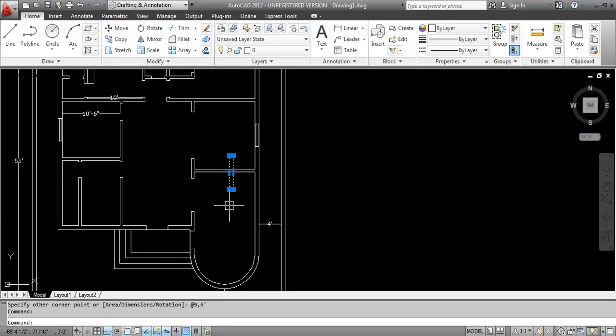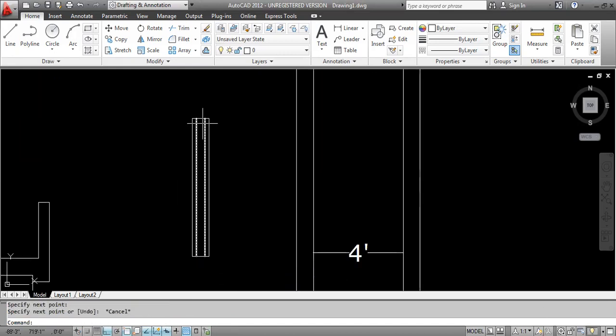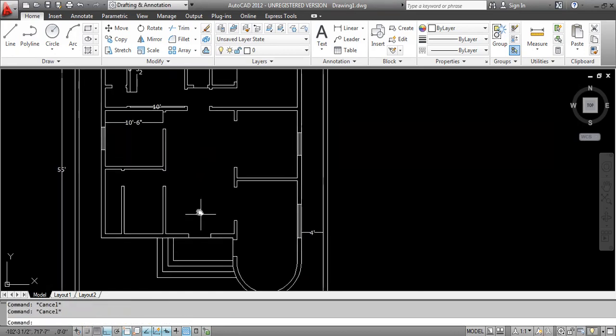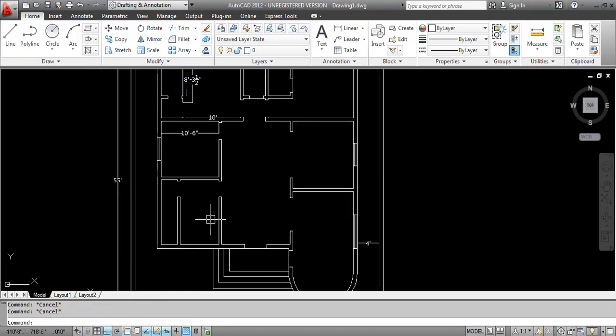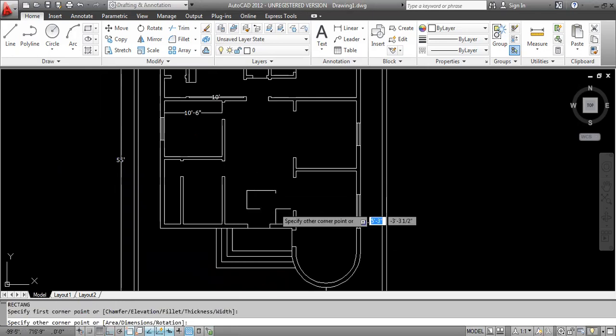See, what is the difference between 4 feet and 6 feet? This is a 4 feet window. This is W1 and this is W. Again you have to give multiline inside. Now you have to give this window according to this wall in center. And one more window is there, that is W2. REC. What is the W size? In meters we will give 0.9.